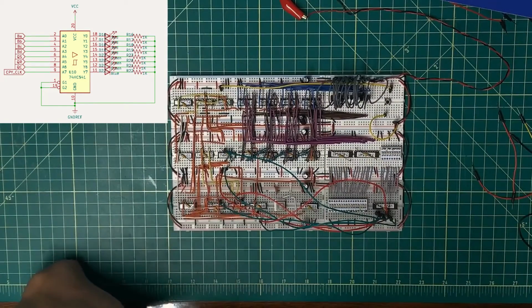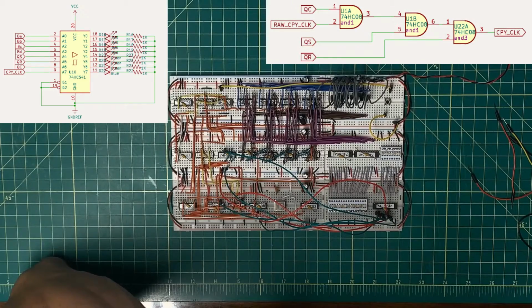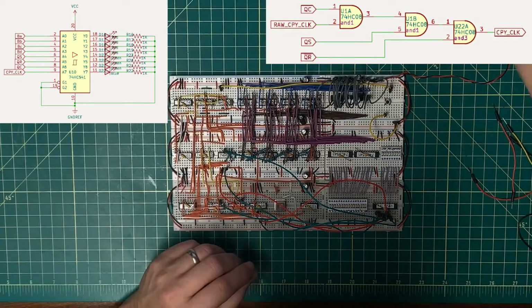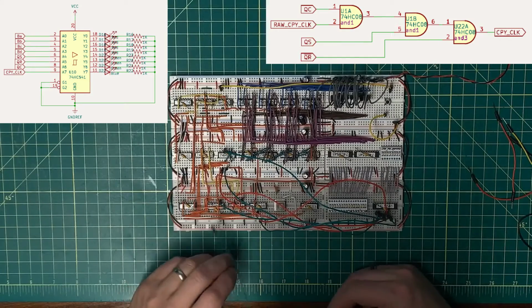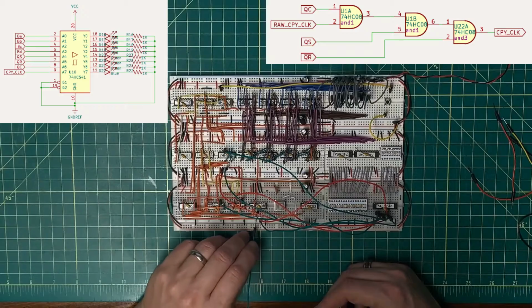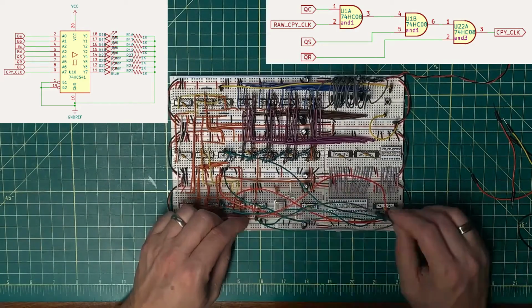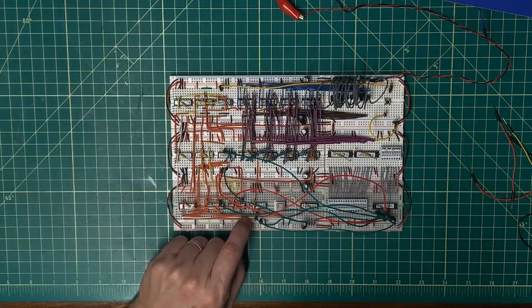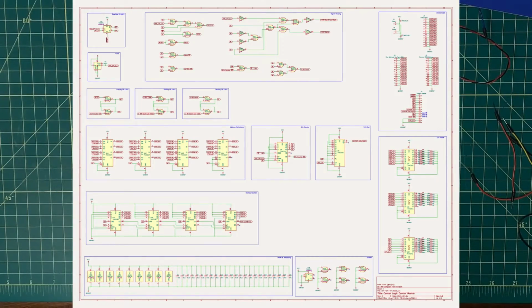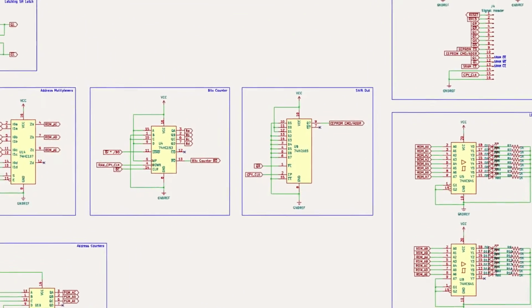And then finally, we've got the copy clock. Now the copy clock is available on pin 3. And that's going to be here, but this should have something connected to it already, I would think. What did I do? What has copy clock as an input? That should be